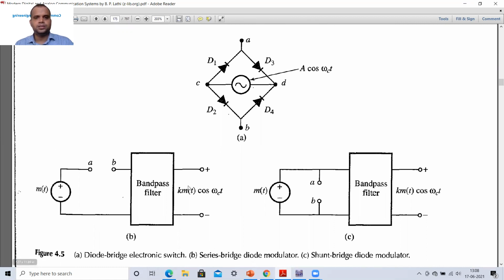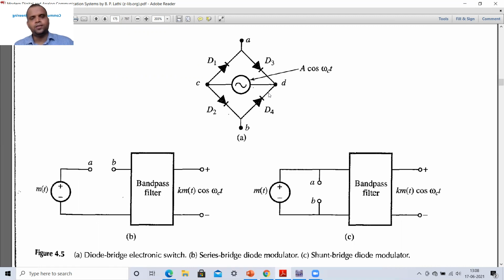So basically this is our circuit A. This has to be connected between these two points A and B. You remember that this is our terminal A. This has to be connected to A, and this terminal B has to be connected to B. Remember that here we have connected a sinusoidal signal. It is written as A cos omega ct, but normally because we have to